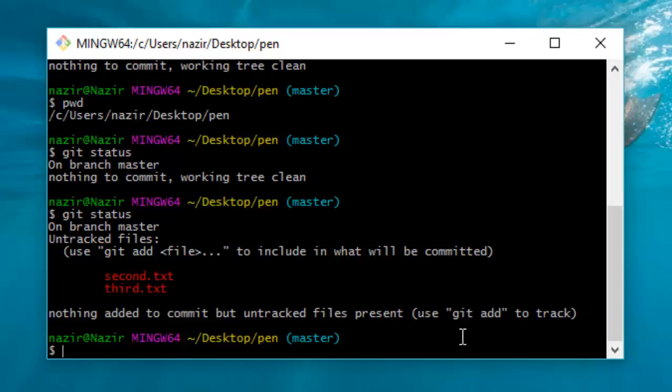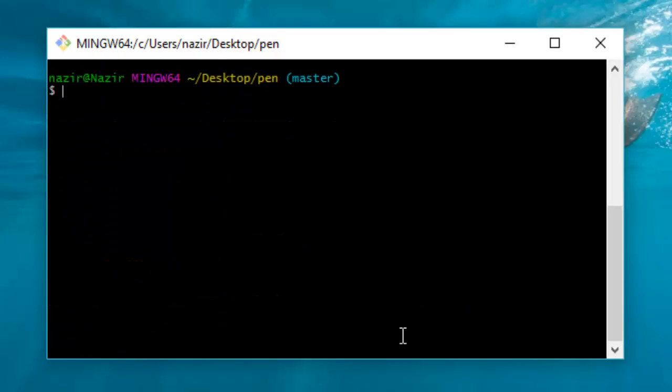It is giving me a suggestion that you should use git add to track, which I showed you before, and which is going to add all of the files inside the folder, second text and third text. But right now I'm not going to use git add because I want to teach you something else also. So let me clear that out, and I'll see you in the next video